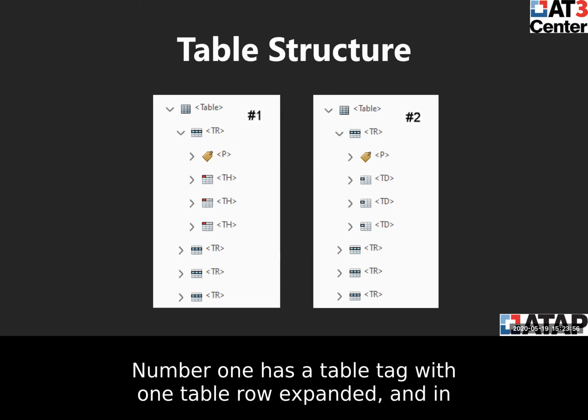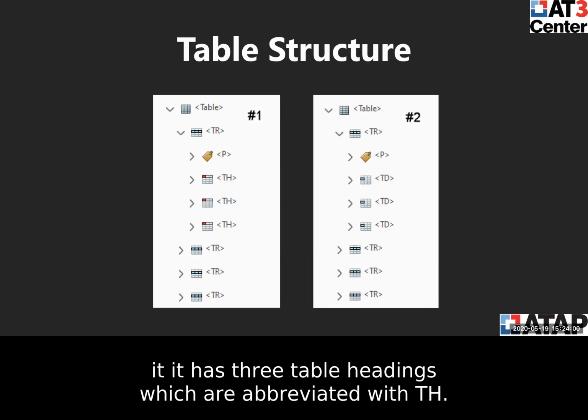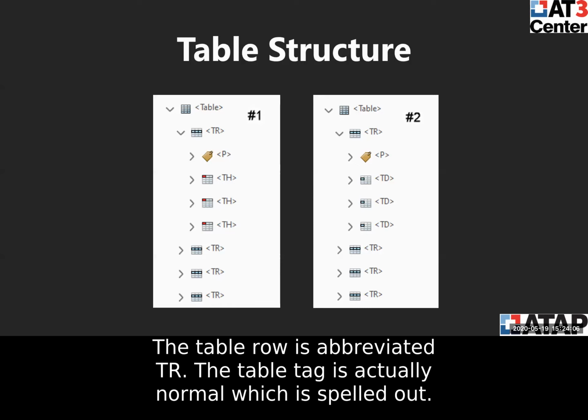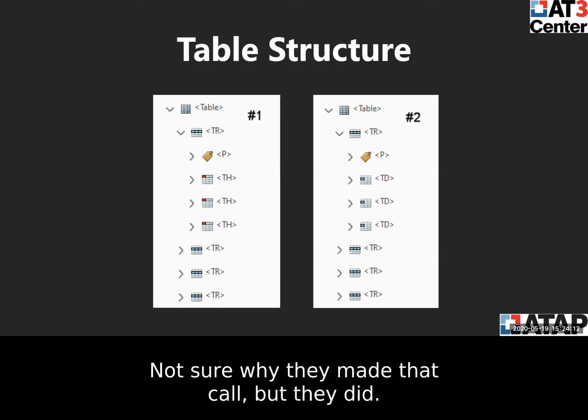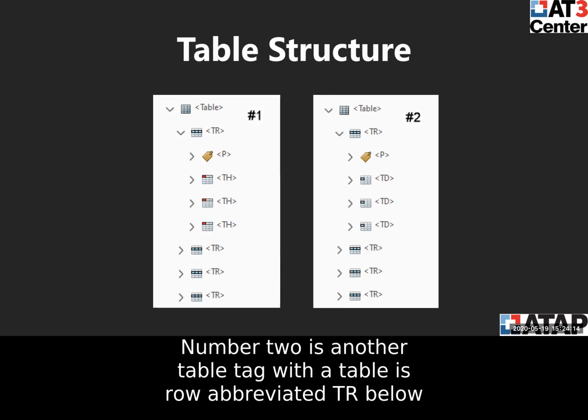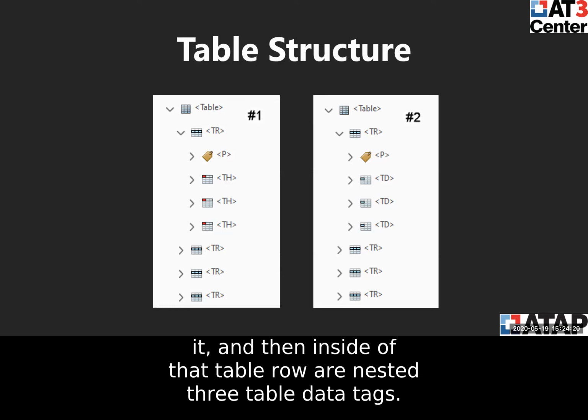Number 1 has a table tag with 1 table row expanded, and in it, it has 3 table headings, which are abbreviated with TH. The table row is abbreviated TR. The table tag is actually normal, it's just spelled out. Not sure why they made that call, but they did. Number 2 is another table tag with a table row, abbreviated TR, below it. And then inside of that table row are nested 3 table data